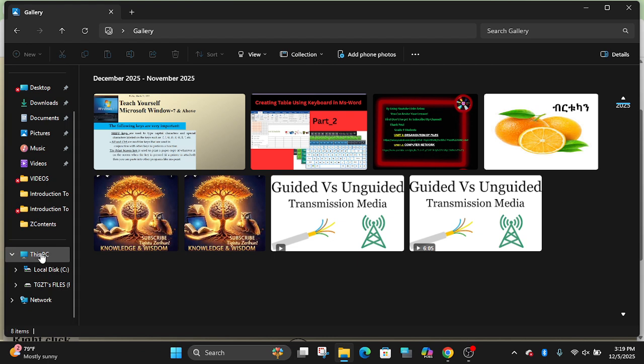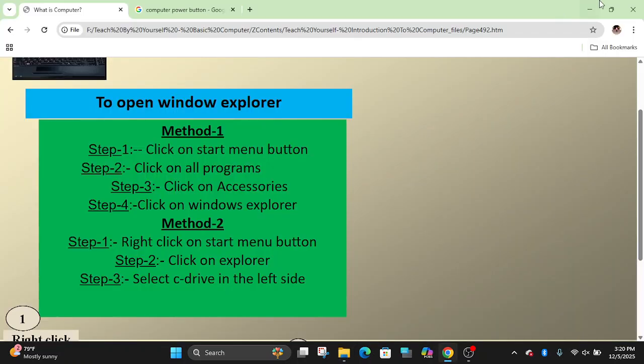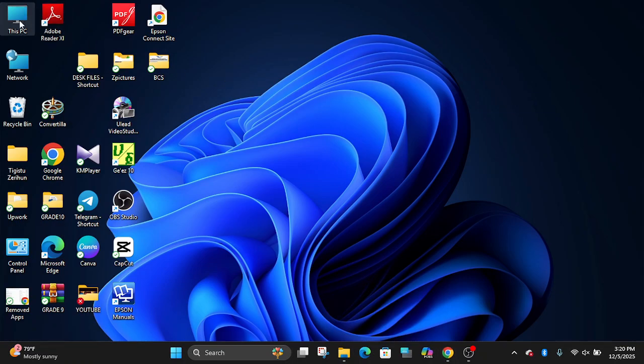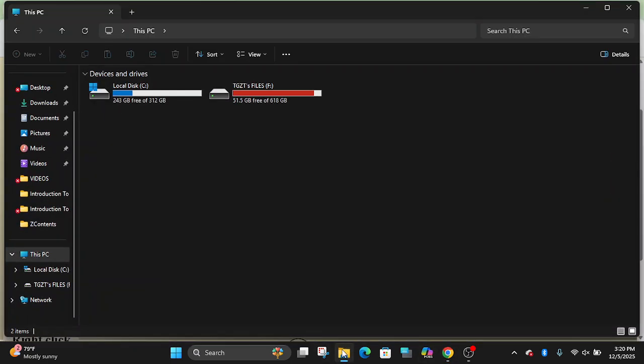Then it's possible to control This PC on the navigation pane. This area is a navigation pane. This PC, for instance. An alternative way, This PC is also found on the desktop. This PC helps us to display the drives found in the computer. It's a partition. The system files are here. The Windows icon is here. And these are personal files.